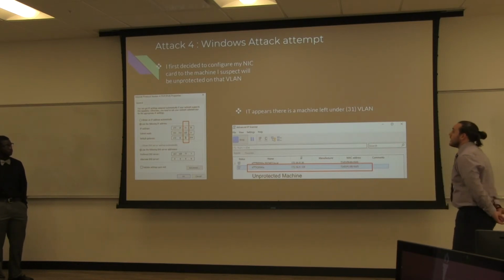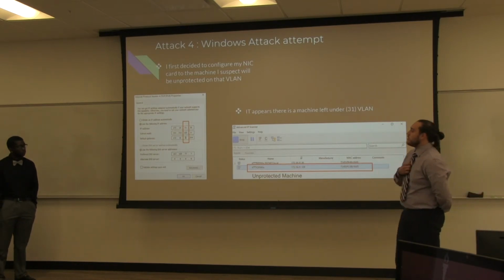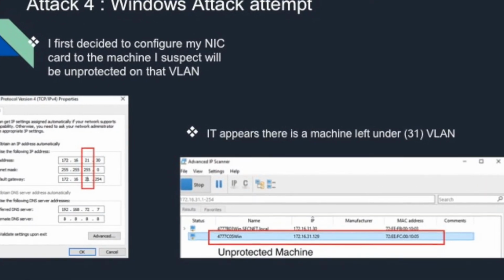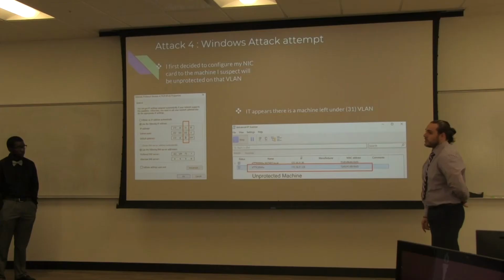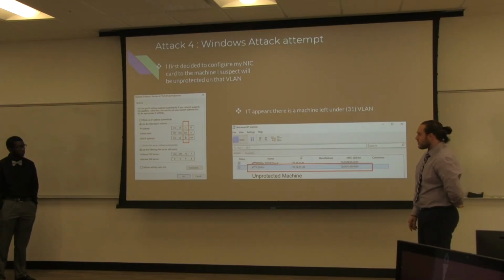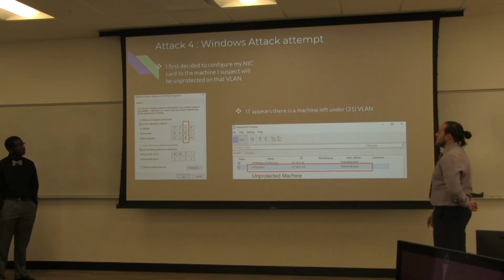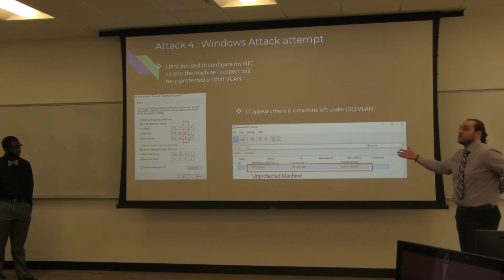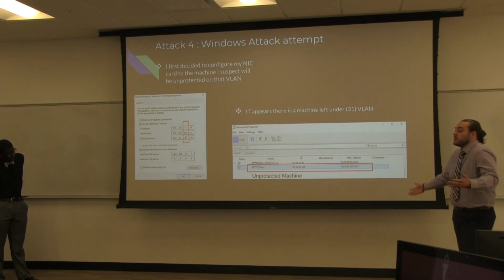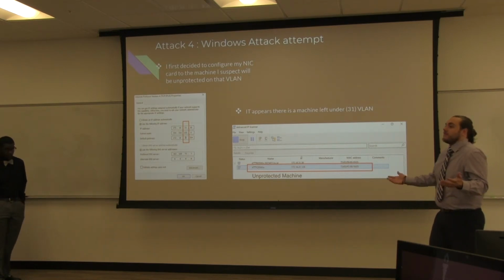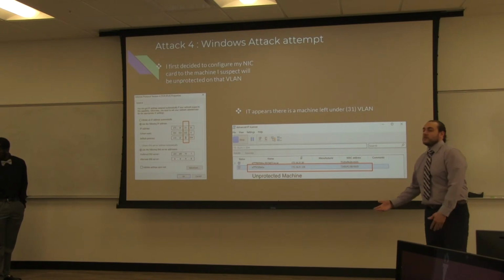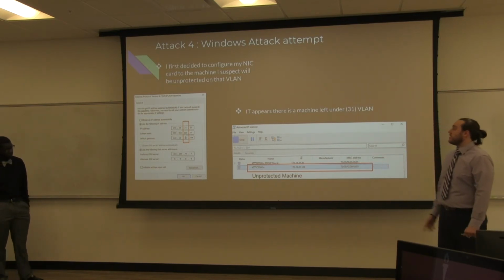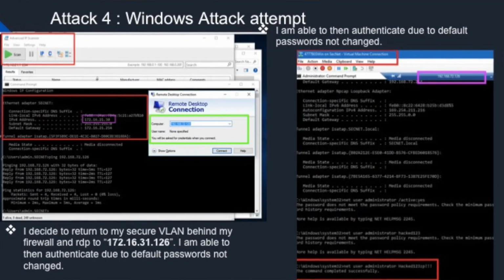And the way I did this is that you can see that on my local VM, I'm on 172.21. I went ahead and changed that to jump onto the 31 network since we're on the same environment. With that being said, I would be able to be on that VLAN and return addresses on the 31 VLAN. See what they have, what they forgot to protect on the firewall, and you can see the only one machine that I got returned was CO5 Win. If you go to the next slide,